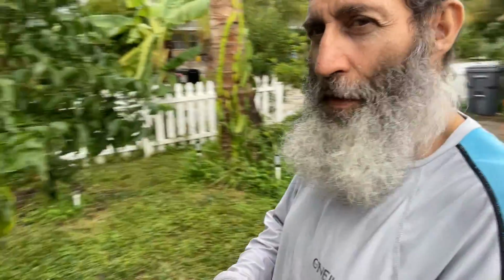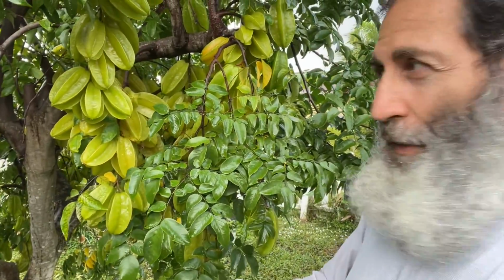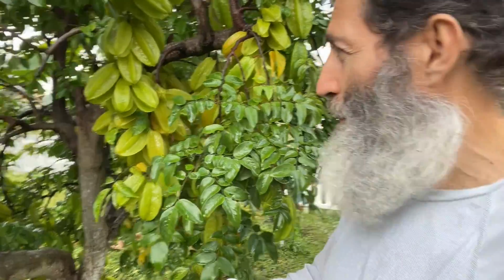I have mangoes, I have star fruit. Check this out. I mean, star fruit is just abundant. There are hundreds and hundreds on there, and it's not even a super big tree. But one of the fruits that I did not see on the list was